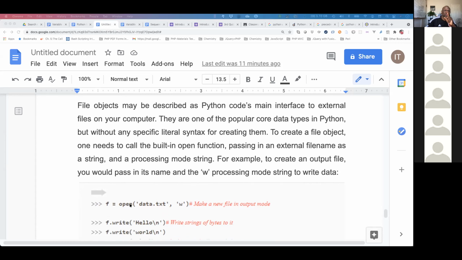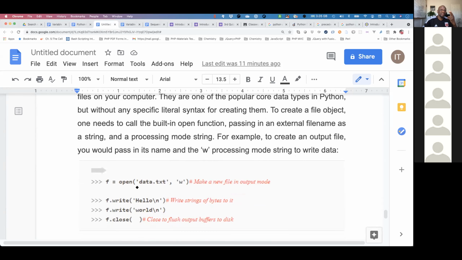In Python, when you see a word followed by a bracket and then close the bracket, that means it's going to be a function. Very important, you have to know that. And sometimes you have a function, you can pass parameters into that function. Some of them we don't have to. Depends on what we want out of it. Okay, so passing in an external file as a string, let's say in here, we come and declare a file here. We call this function open, and then we pass the name file data.txt.